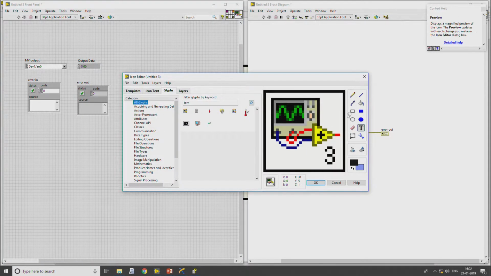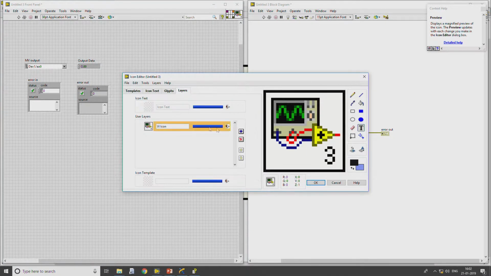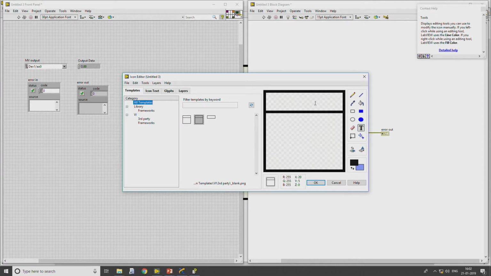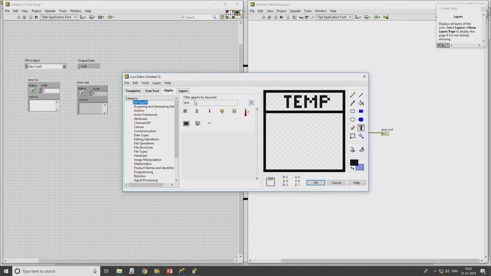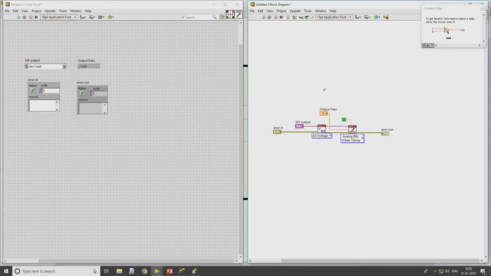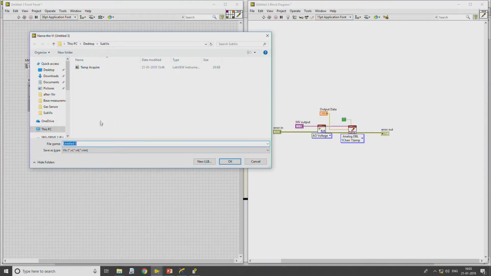And let me go to layers, delete it, create a template, since it is a sub VI, and this is for manipulated variable, which is an indication of writing a data. I have generated it. So this is manipulated variable generate.